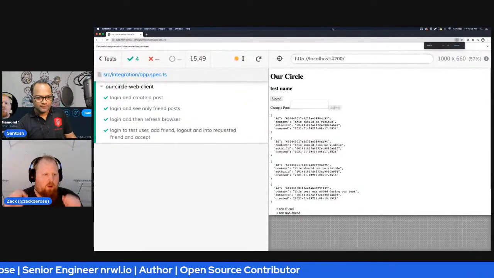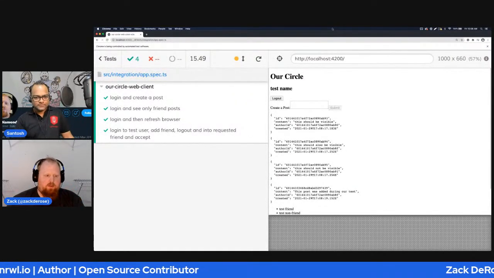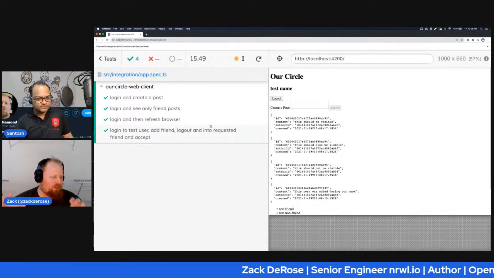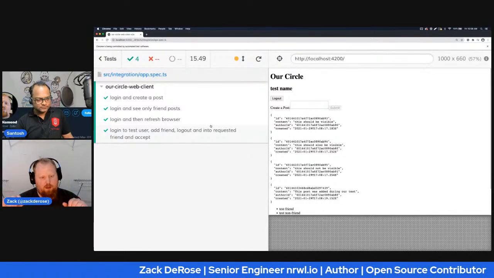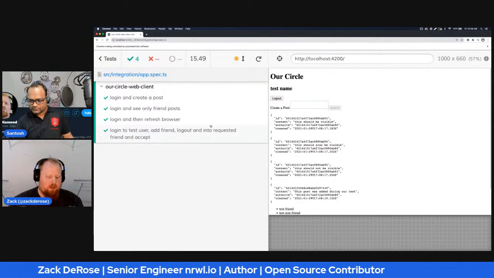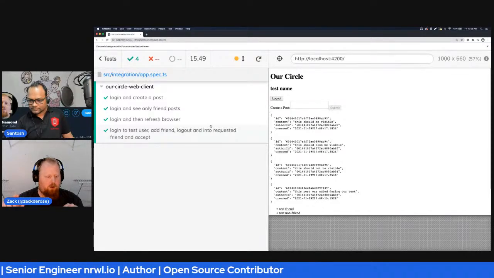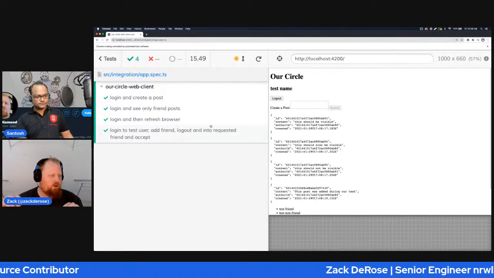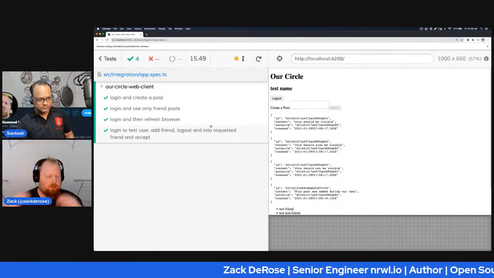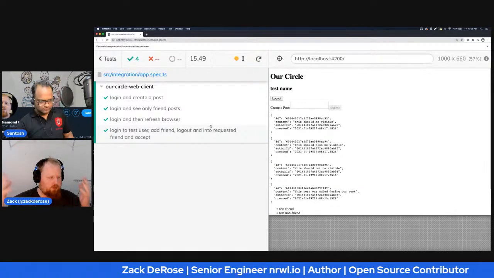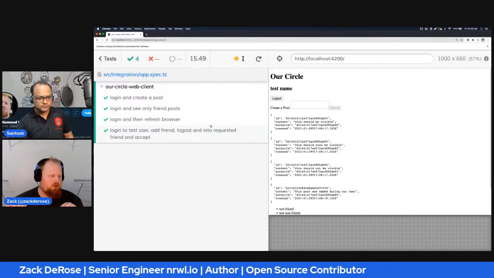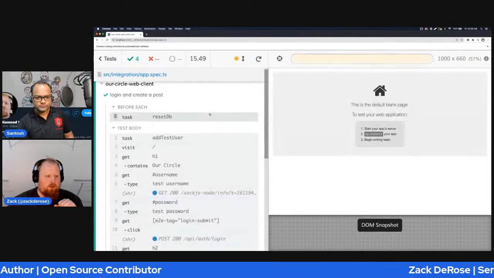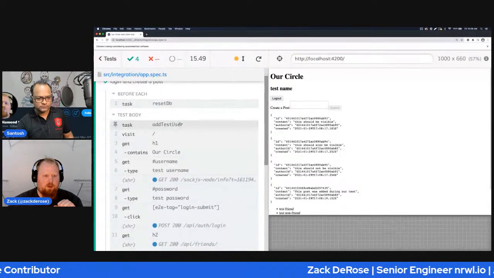When I was doing the live coding for this in NX, I would be watching the Cypress serve, and as I made changes to either my Angular code or my Node code, or a shared library, it would trigger both. As I'm saving those changes, the serves are refreshing, because behind the scenes that's pretty much all it's running, the two serves concurrently.